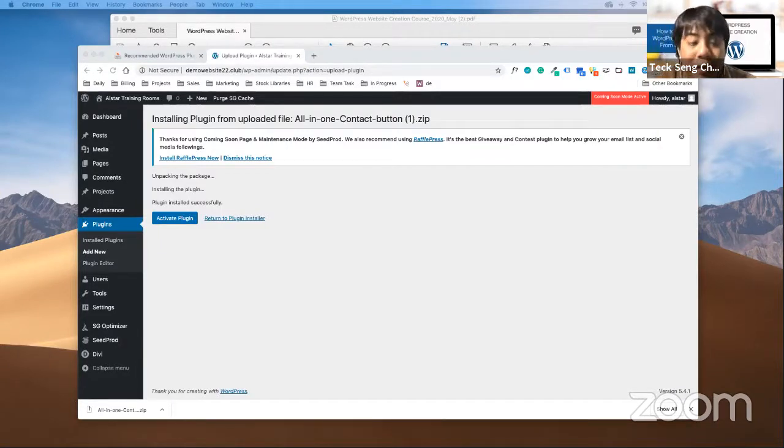Yes, correct. So plugins, add new, upload, and then choose file and then install. Okay. Once you see this, just click on activate. Same thing, once you have activated, just give me a thumbs up.